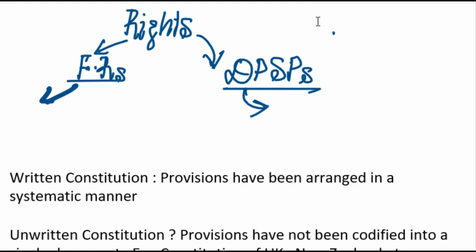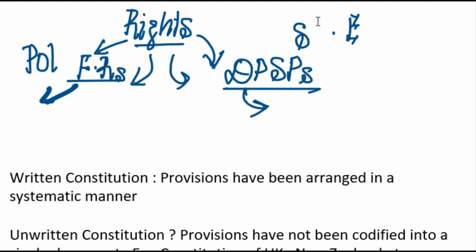We are discussing the rights here. Rights in the two forms of the right, fundamental rights and the directive principle of state policy. Fundamental rights are basically the political rights, whereas the DPSPs are mainly the social and economical rights. For fundamental rights, resources were available at the time of independence itself,